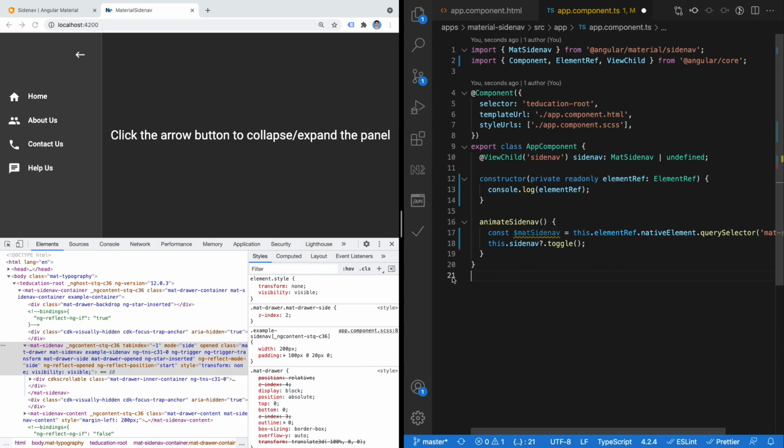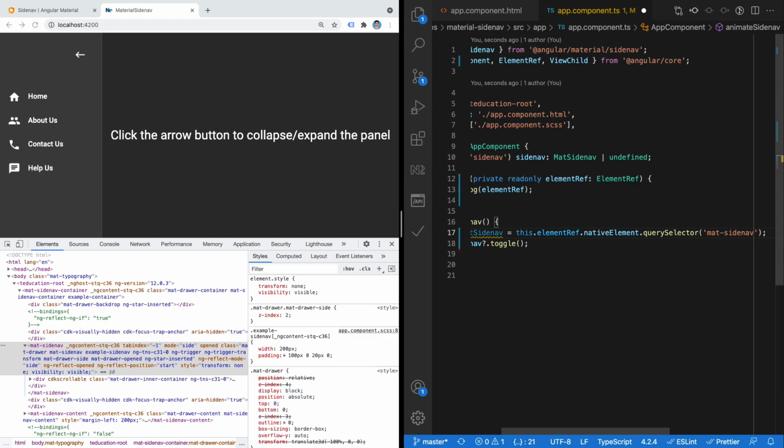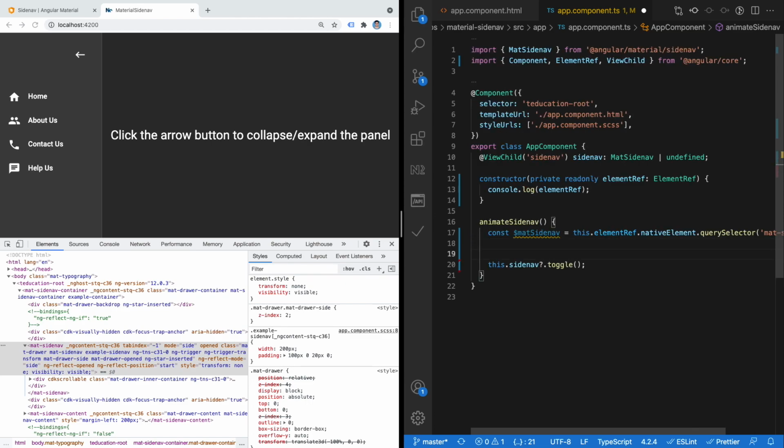Alright, so just to recap, whenever we close or collapse this panel, we want to toggle it so that it will be completely hidden, and then we can set the width, let's say 50 pixels, so that it will come out up to this, so that only icons will be visible, and we'll also set the visibility back to visible. So let's quickly do that. I would say let's toggle this panel, and then we can just set